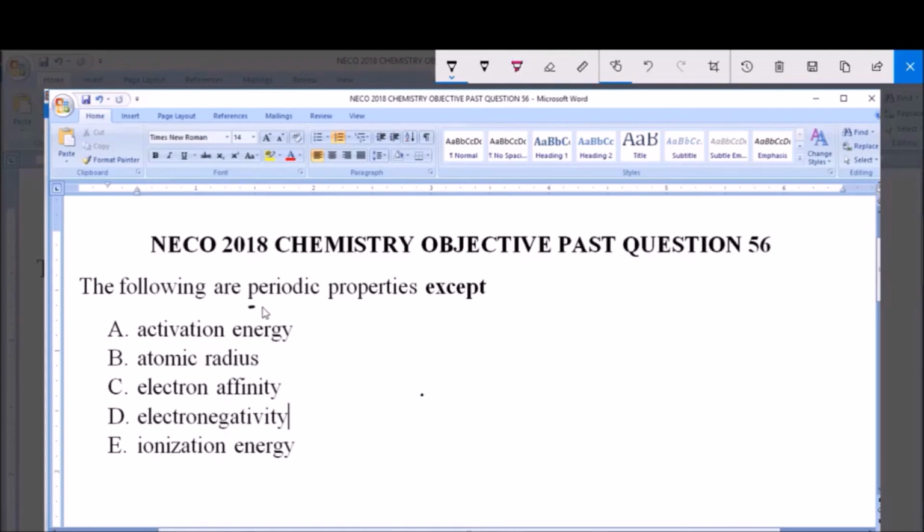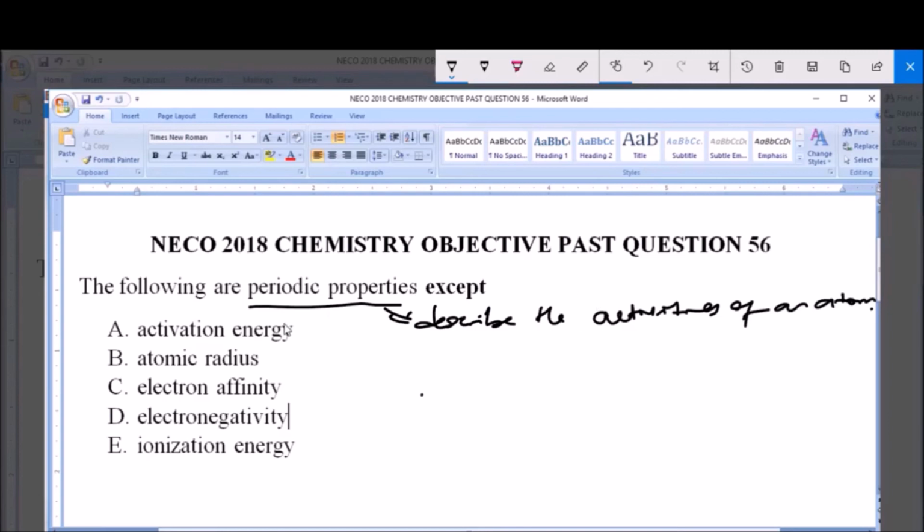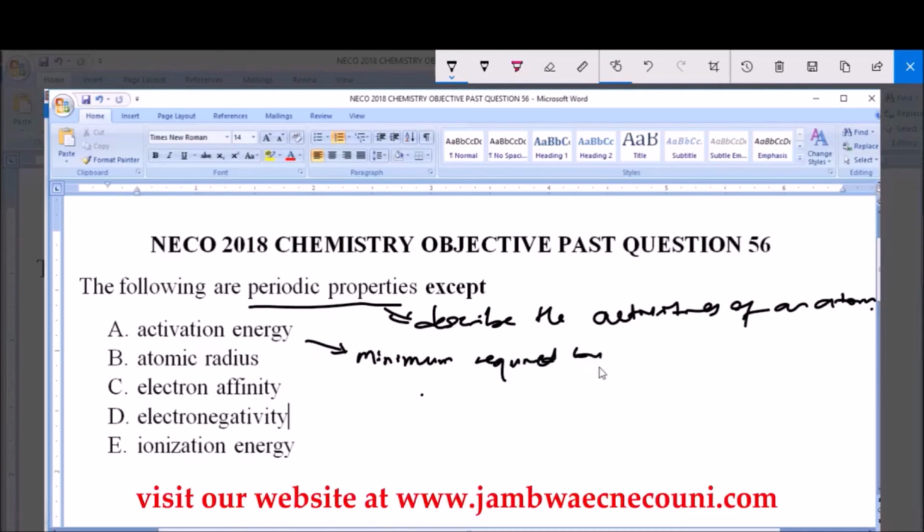And like we know, periodic properties describe an atom, or the activities of an atom, of an element. Now, let's briefly look at all these options. Option A says activation energy. Now, activation energy is that minimum energy that must be possessed or required by a reactant in order to